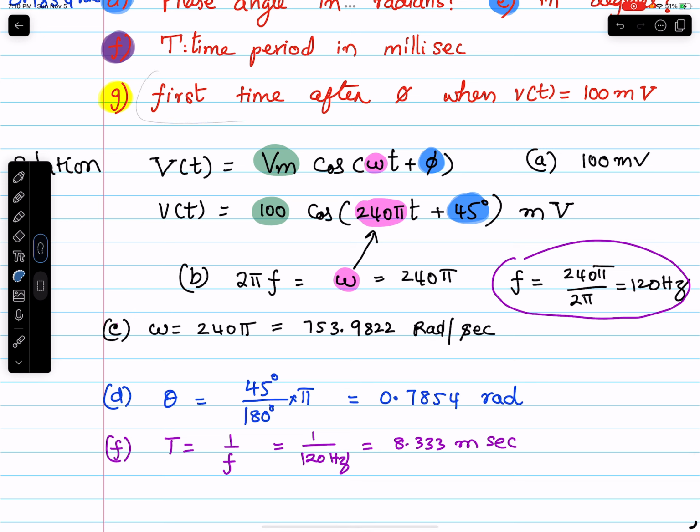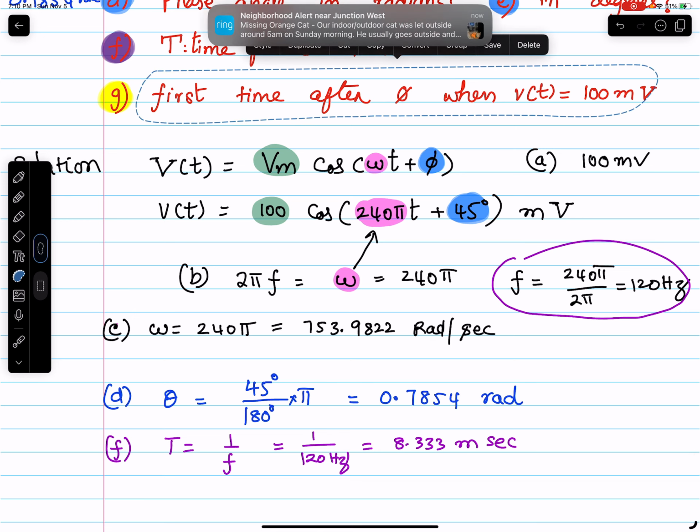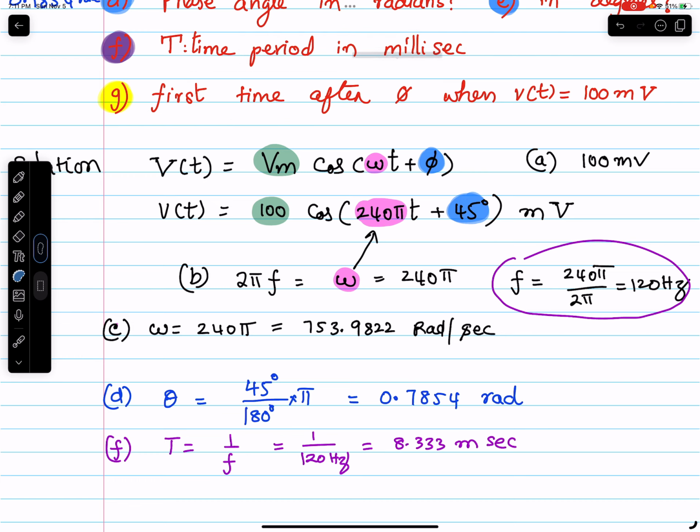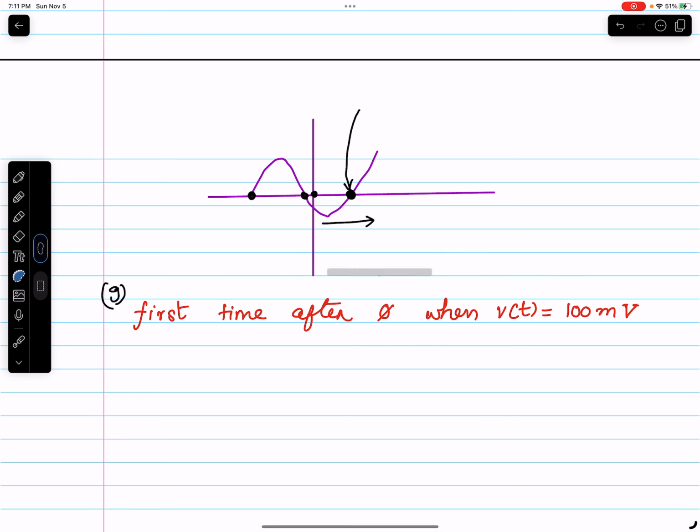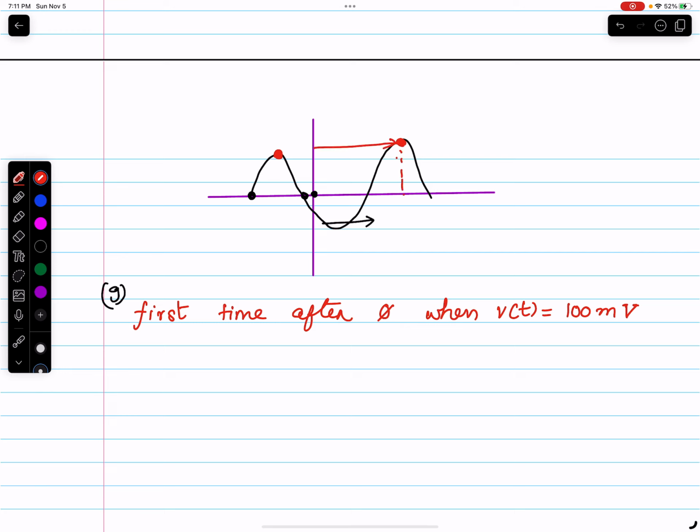First time after 0, when this is not 0, but the first time that this goes to 1, almost the same idea applies again, except that I'm not looking at zeros now. I'm interested in finding out the first time, at what time